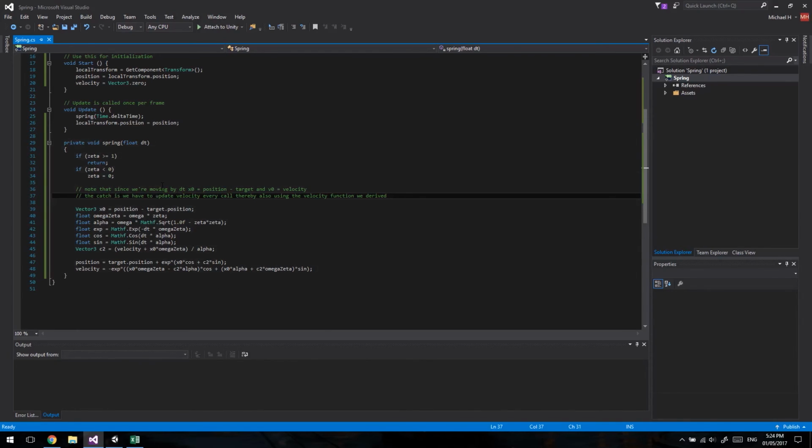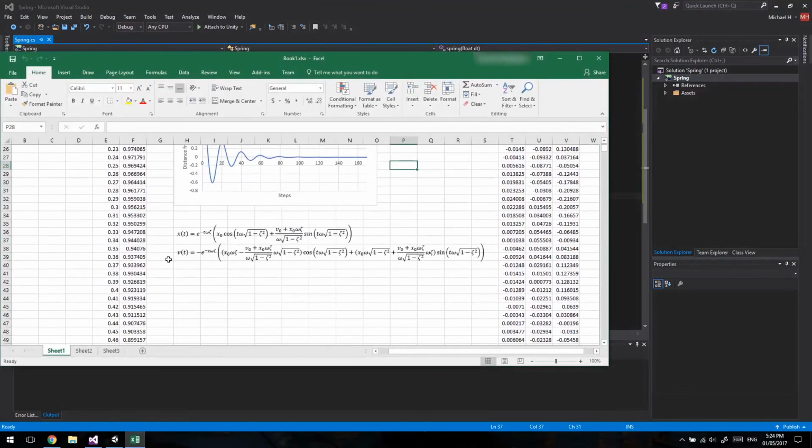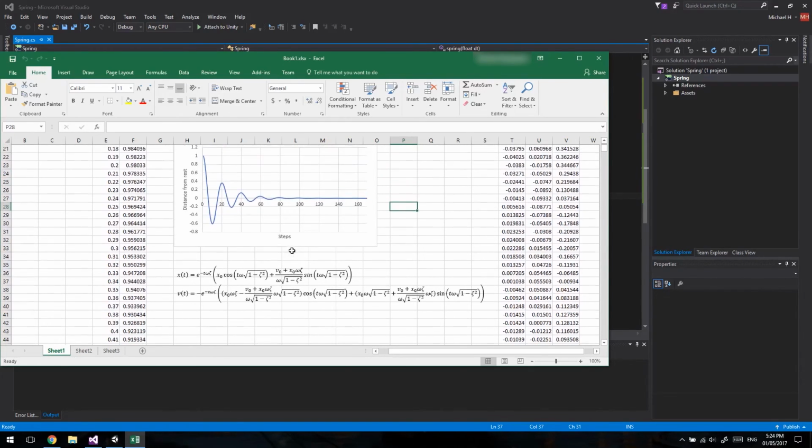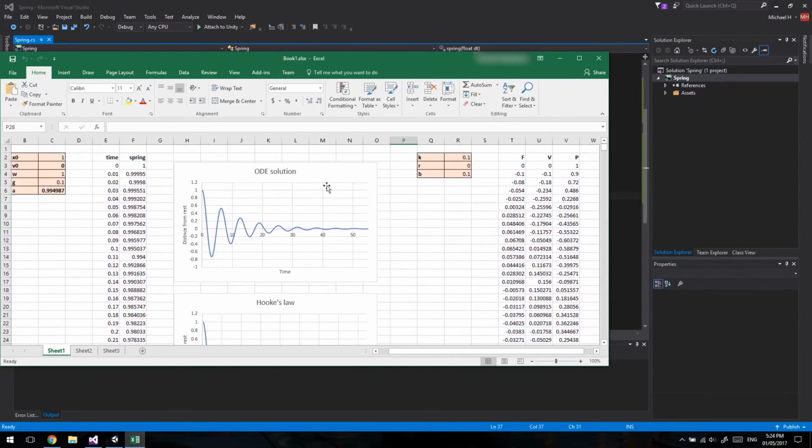So the way we're doing this is we're continuously using these two equations here, x of t and v of t, but we're updating the x naught and the v naught, whereas before, so for example, when I did this in Excel,